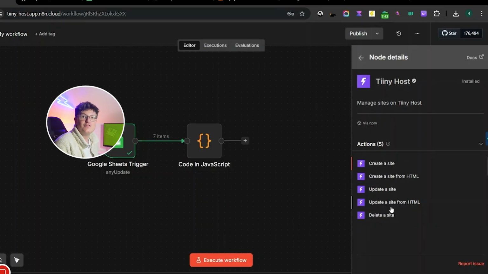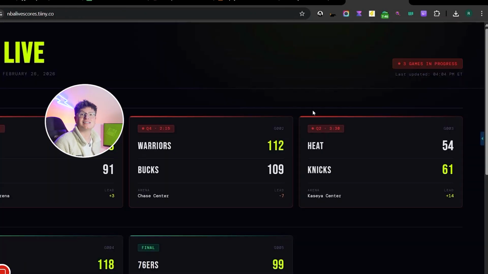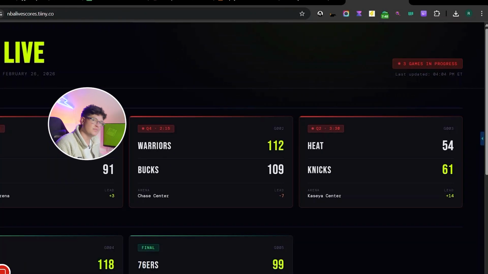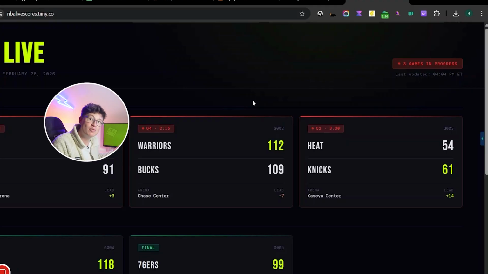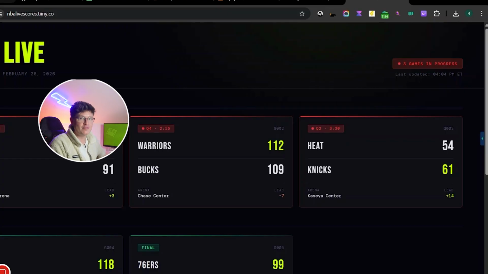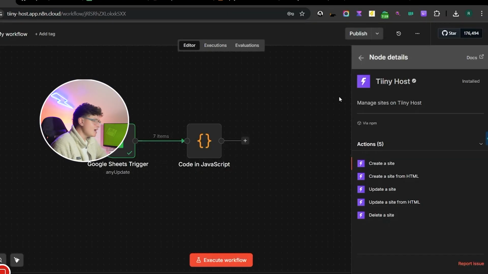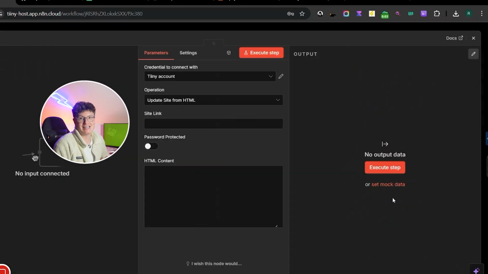Now, to configure the node, we need to set the operation to update site. This will mean that every time that the workflow runs, it's going to push the new HTML to your existing live site. Same URL, but fresh content. In the site link field, enter the full URL of your existing Tiiny Host site. So for example,